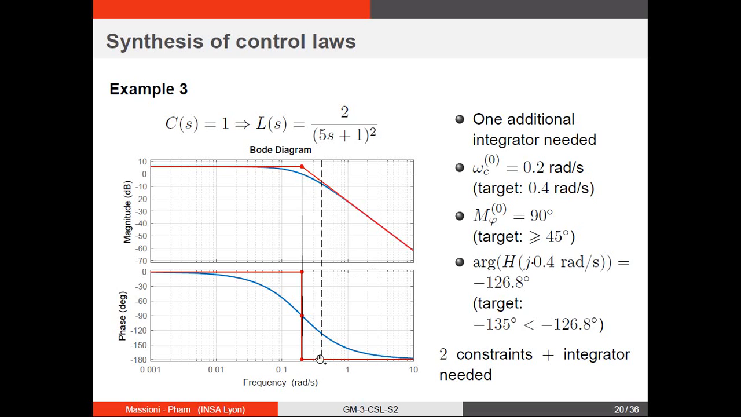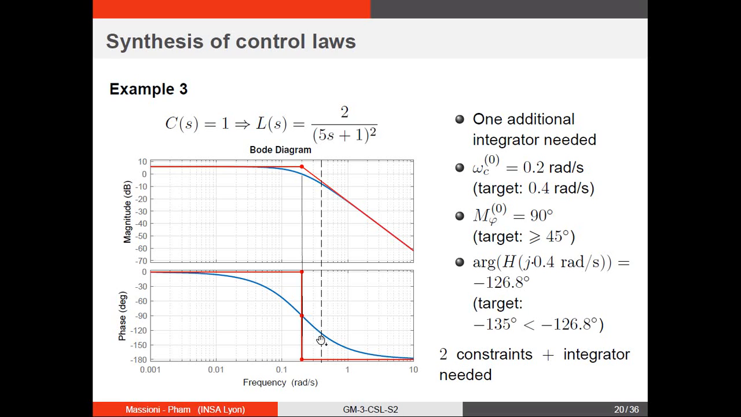And at 0.4 over here, if we move the crossover over there, we'll need to have at least 45 degrees of phase margin, so it means at least 45 minus 180 degrees. And actually we are already fine with this if we are happy to have a little bit more. We have minus 126 degrees right now, so we have about 50 degrees of phase margin, which is okay, considering that we have a requirement of having